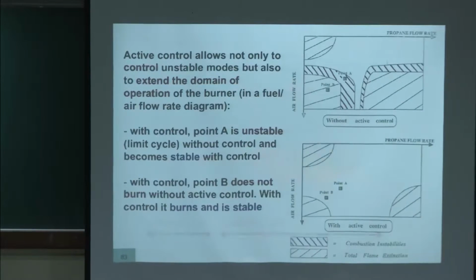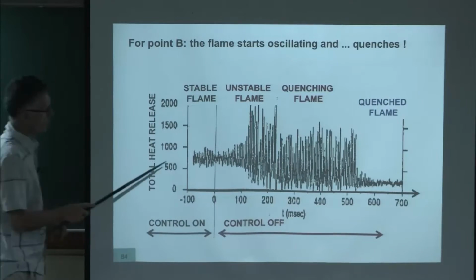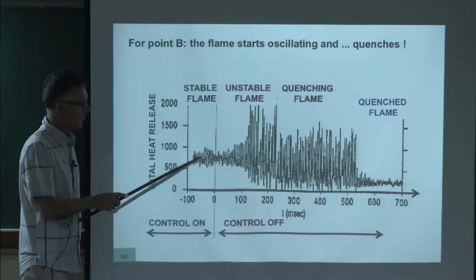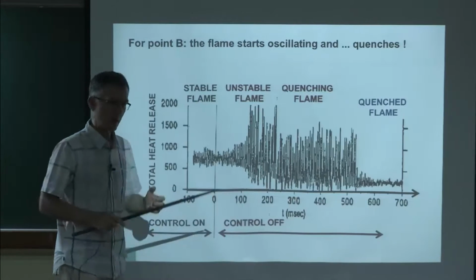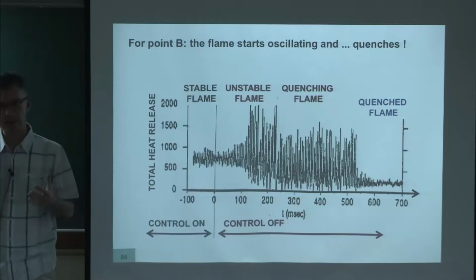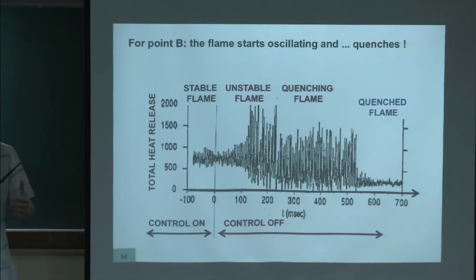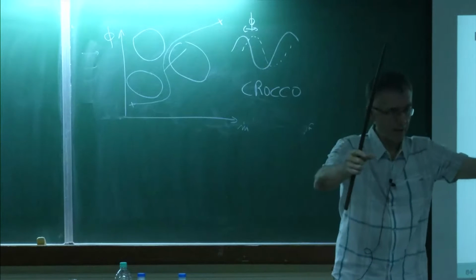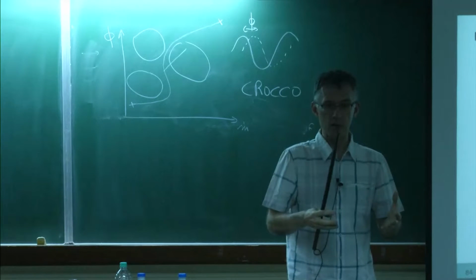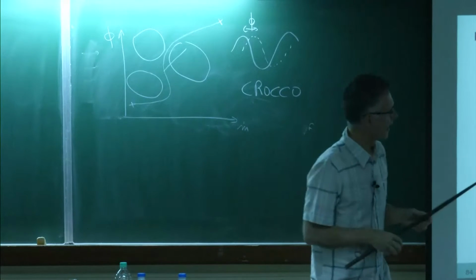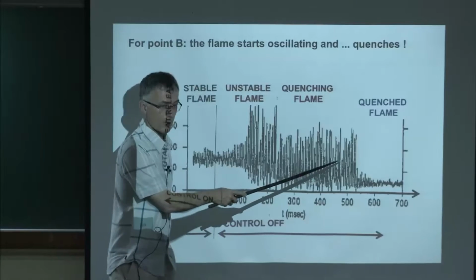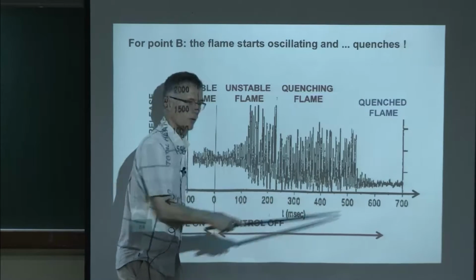And this is the scenario that you find. So here the control is on, the flame is burning, you switch the control off. This flame is unstable, so it starts oscillating. But there is a limit to what a flame can sustain when it starts oscillating. It can self-quench, if you want, because it's oscillating so much that at some point all the burnt gases go away. There is no fresh gases left in the engine, so when the new gases arrive, they don't ignite. And so you see here after maybe 100, 200 cycles, shoop, suddenly the whole thing stops.